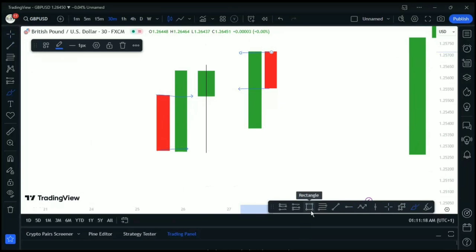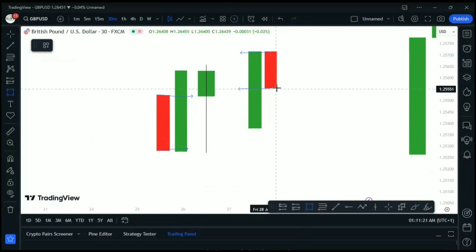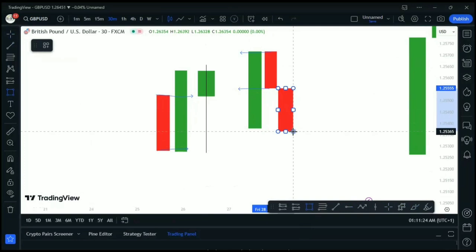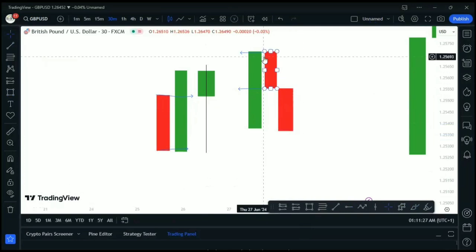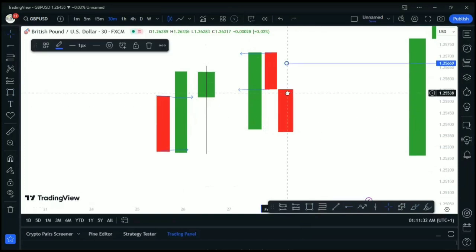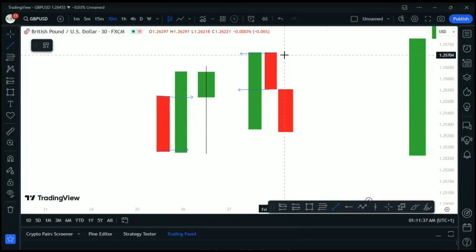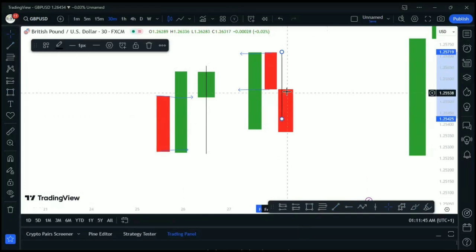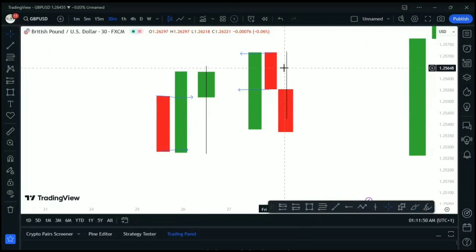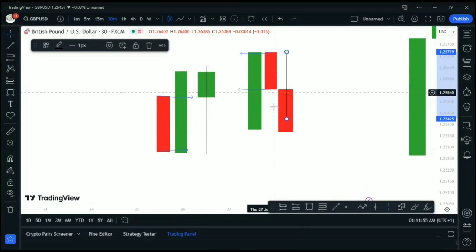If you decide to cut that part off, this other part will be left here. And then what will happen to this side? There will be what? A wick that will be left above. Do you understand? The wick will be left above because this other part has been cut off.